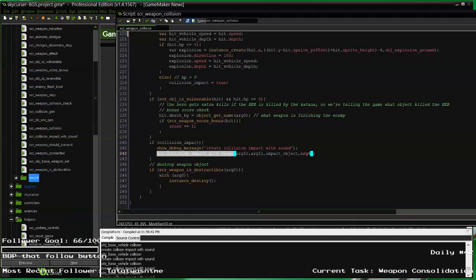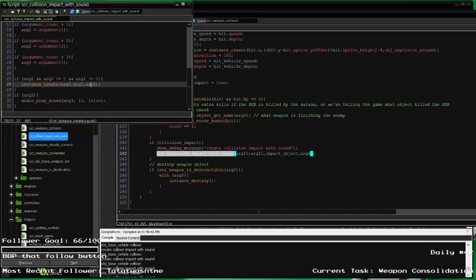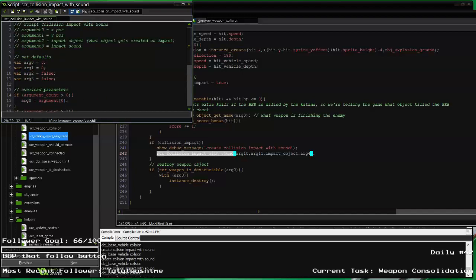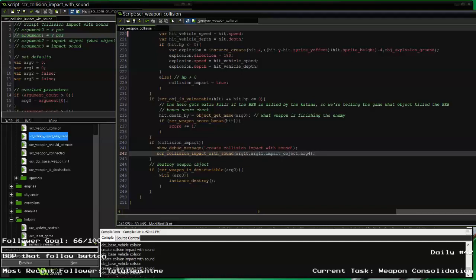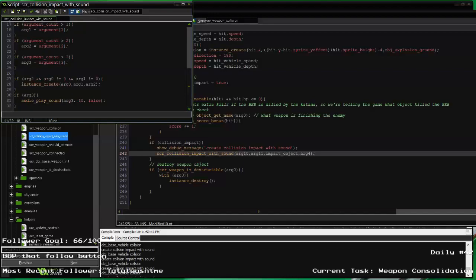Did it get moved on accident? There it is right there. 0, 1, 2, so it should be X position, Y position, which we have 10, 11, X and Y. Argument 2 should be,